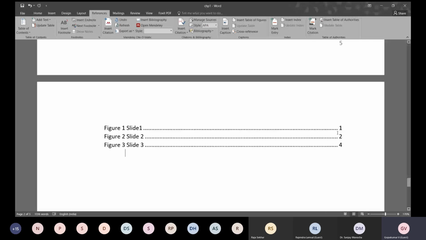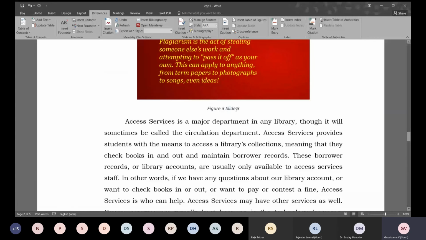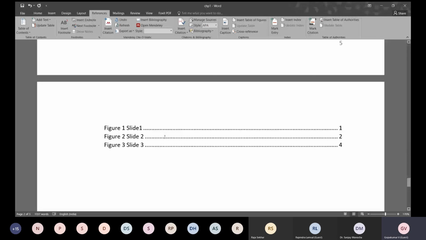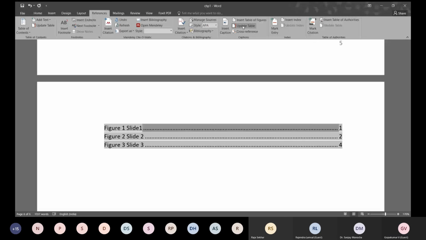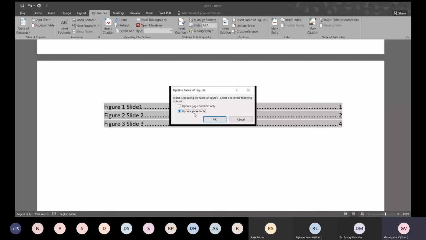Now I want to correct this slide title. I will say something as principles, some changes I am making in the slide title. Now what I have to do is come here and click on it. Here there is an option called update table. Click on it. Update the entire table. You can see that the third one has changed to principles. So this way, if you make changes in this, it will get reflected.